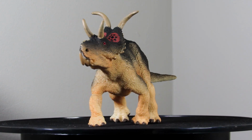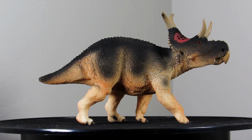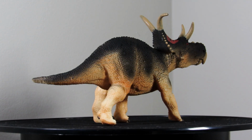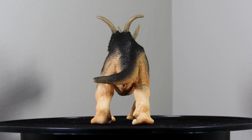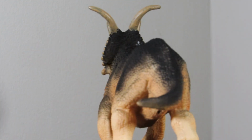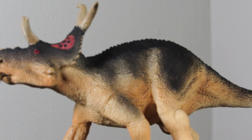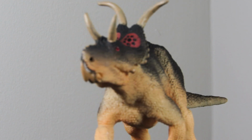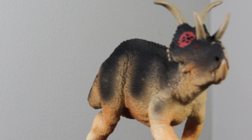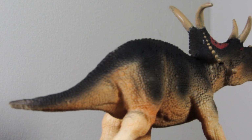The paint on the head is really nice and feels quite classic for Safari Ltd, but the paint on the body in particular, it just feels really simple, and I feel like there could have been a little bit more done there. But anyway, I feel like that was a really short review, but I think that covers my thoughts on this one. I mean, overall, it's a really solid Ceratopsian figure, one of the better figures of Diabloceratops that's out on the market for sure, and it has held up over 8 years with only one minor gripe accuracy-wise,